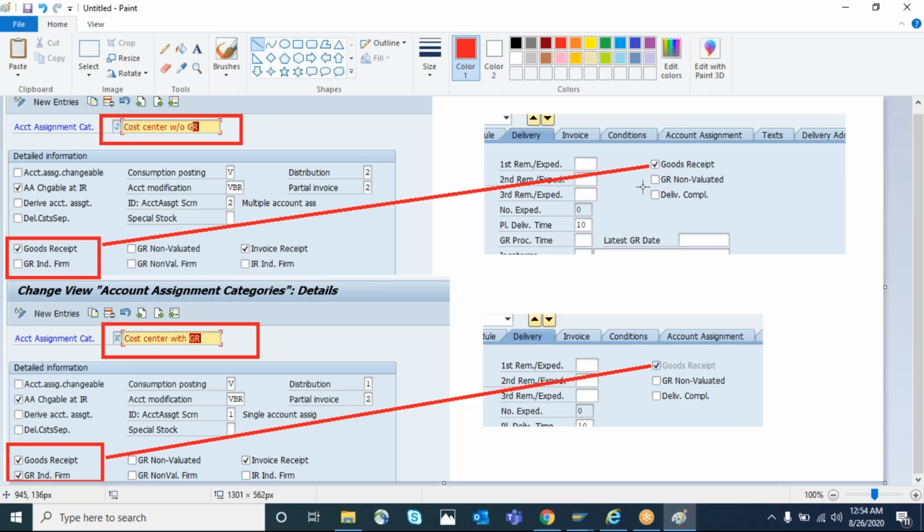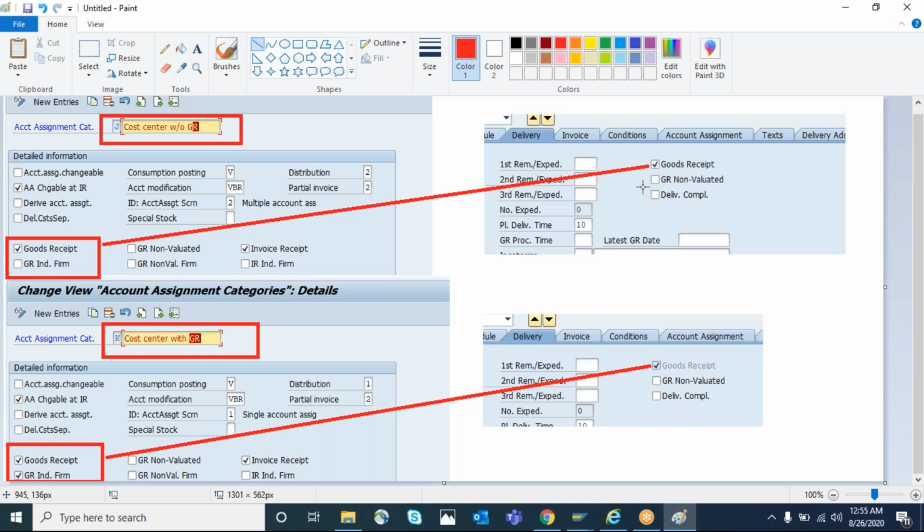But if you don't want the goods receipt for that PO, the system will still allow you to remove the flag. Okay. When do you activate the GR form indicator for any account assignment category? If the business requirement is 100% I should do goods receipt for this account assignment category, the system should not allow without goods receipt. In that condition, we activate that.